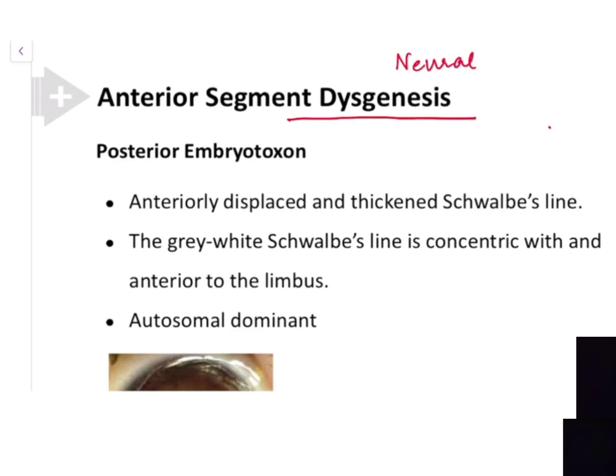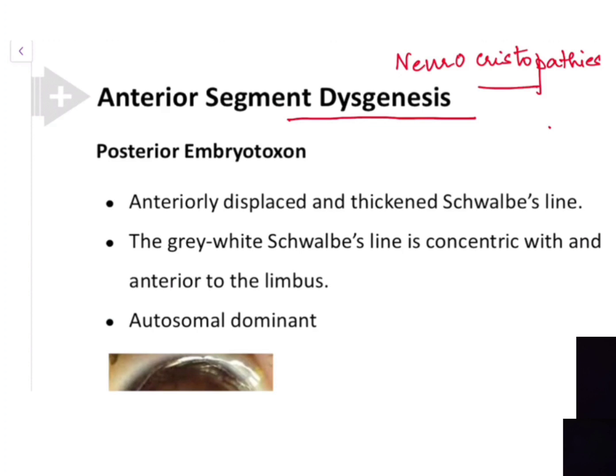So many of them are also called neurocristopathies. So you can understand from the name why they are called neurocristopathies, because there is some problem in the migration of the neural crest cells. So these are your anterior segment dysgenesis, the anomalies which come under anterior segment dysgenesis, mainly associated with the migration